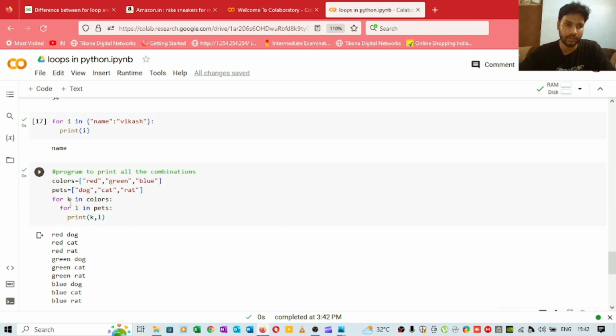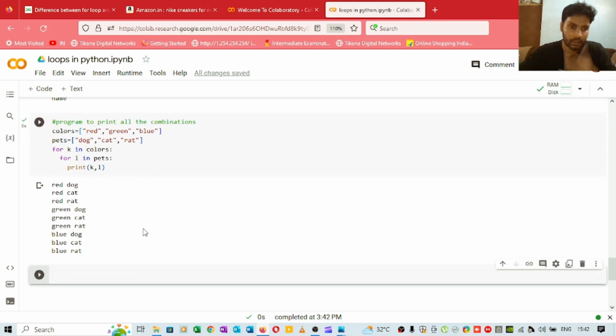First for k in colors and then l in pets, and we are printing these combinations. And now we will see one more program to print the sum of numbers. So we'll be taking numbers from 1 till 10, and whenever we are printing the next line,